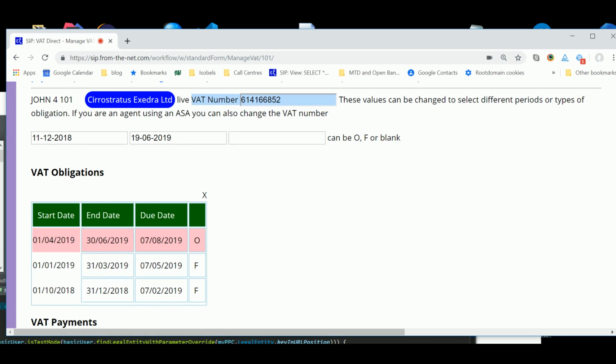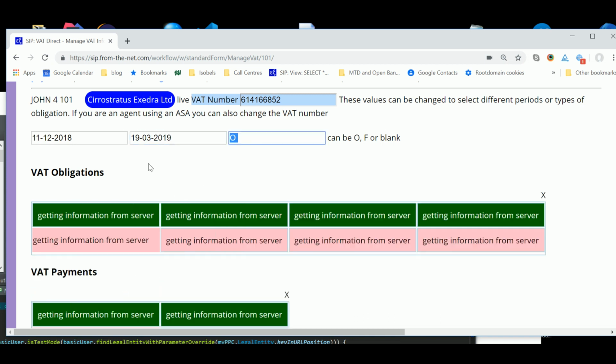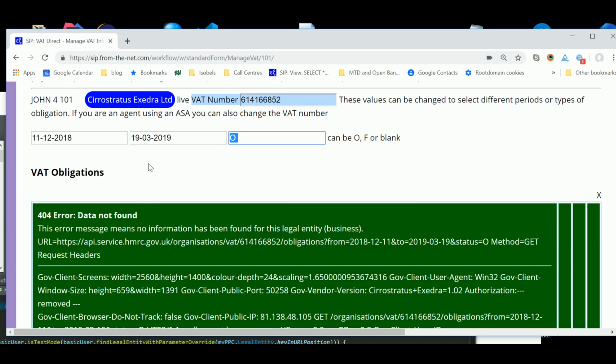And we then change the dates. Let's change the dates so that we haven't got a VAT obligation. Let's try, for instance, only open obligations, and we'll have an open obligation with a date up to March. And you can see here we get a 404 error, not a 403 error, and that is an error saying data not found. Now, with obligations, which is the key thing, because without an obligation you can't submit a VAT